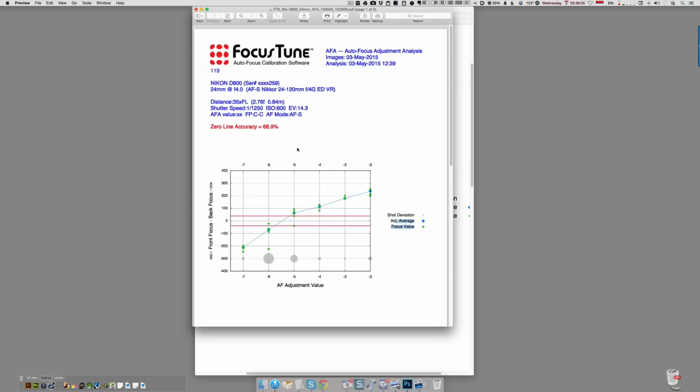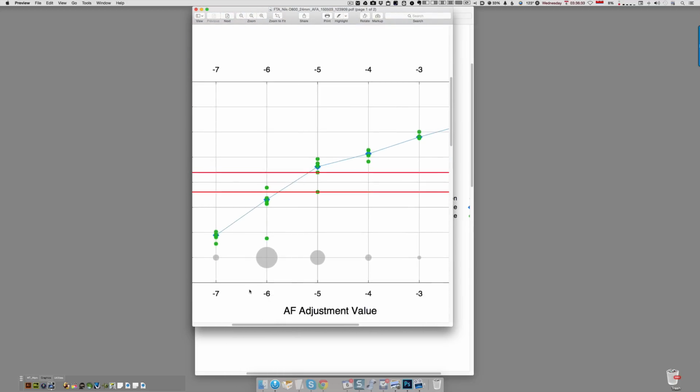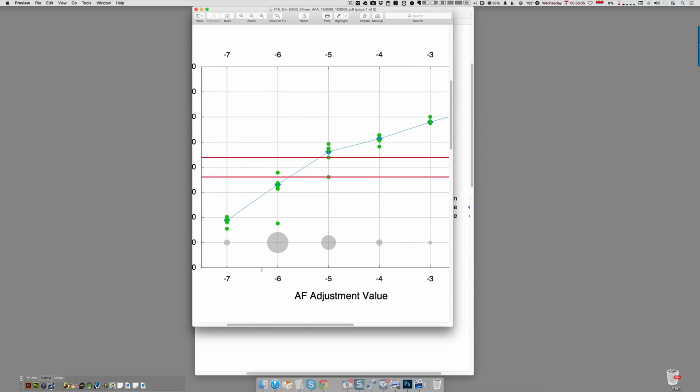Now here, this is a different camera, different circumstance. We're shooting at integral fine-tune settings: -7, -6, -5, -4, -3. And the sharpest looks like it's going to tend to be in between -5 and -6. Well, there is no in between -5 and -6. So all we can say is that for this number of pictures that were taken,